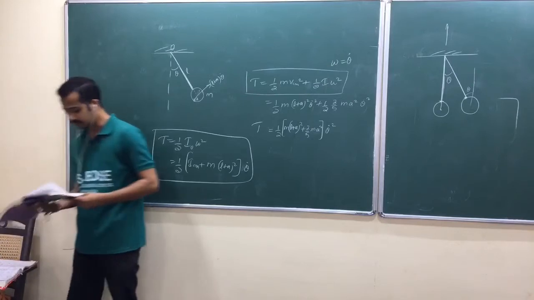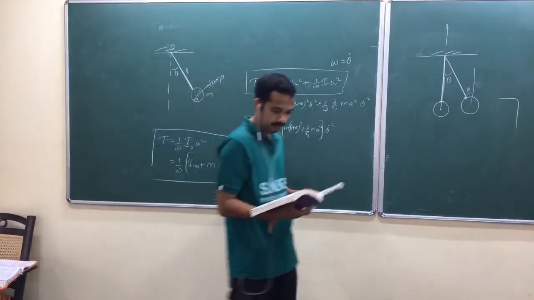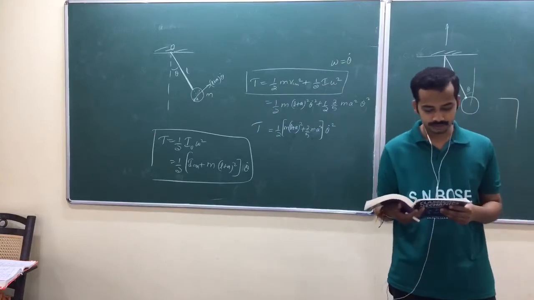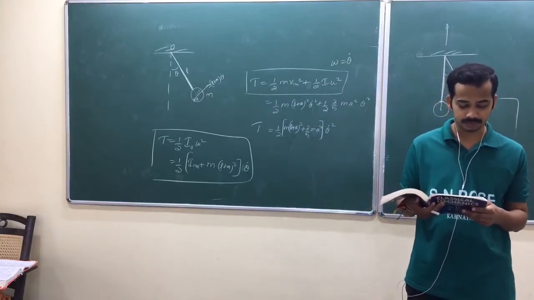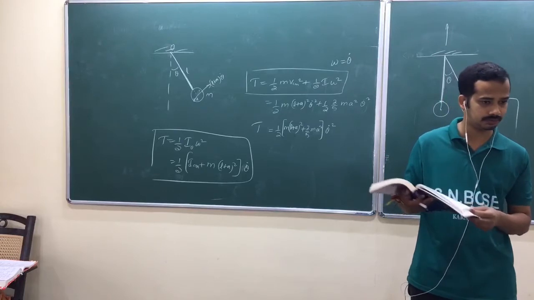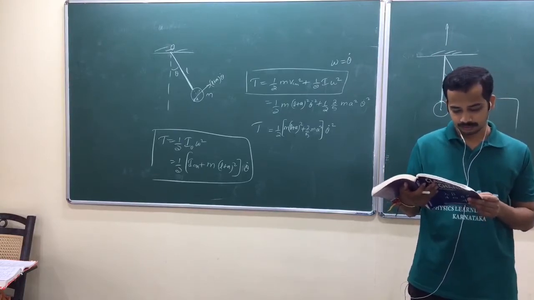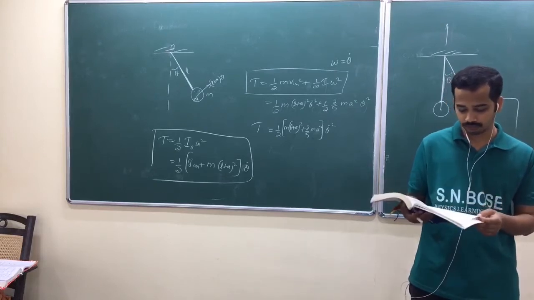These 12, 13, 14, these problems are very important. Those problems are there in old question papers. A bead constrained to move along a smooth conical spiral, conical spiral equation. Let me discuss that one. Once you try, let me discuss that one. And again, a particle of mass m moving on the surface of a cone.